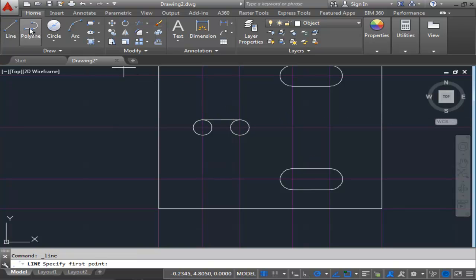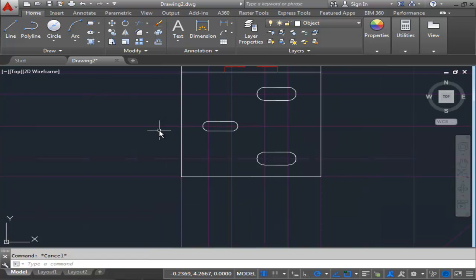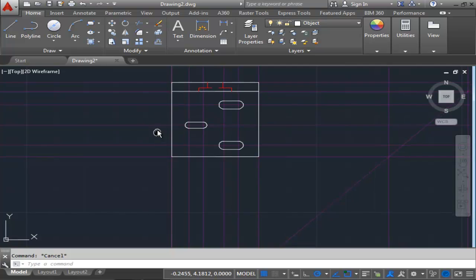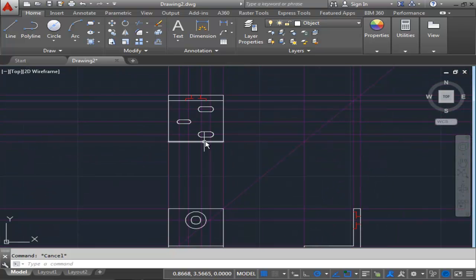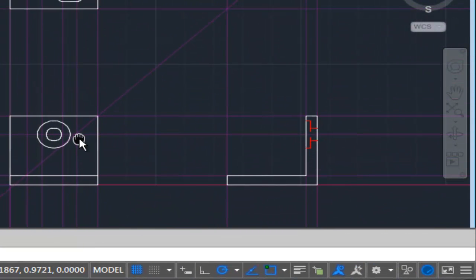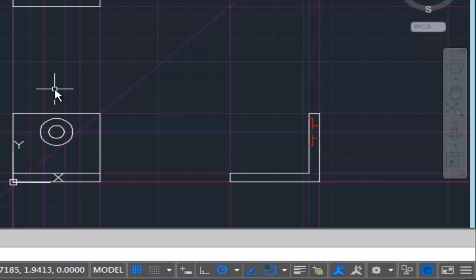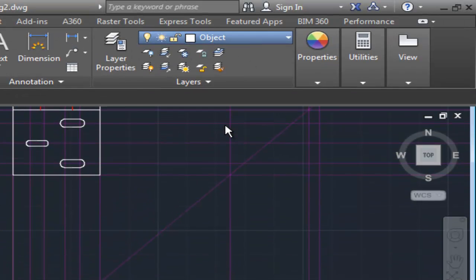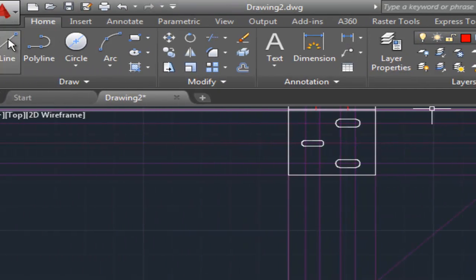I will use the line command to connect the bottom parts and the top parts of the circle, and then trim the lines out of the shape. So at this time, the slots are all created. Now, using the tracking, I will go back to my hidden line layer, use my line